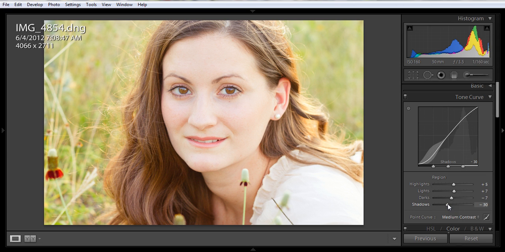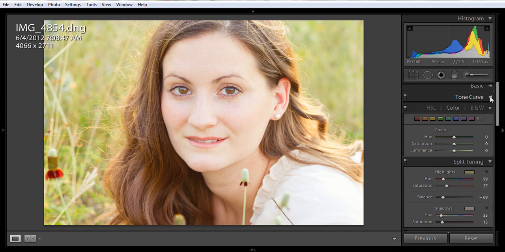And I think that's a little much. About there. So I'm happy with the way she looks. Again, I'm just paying attention to her face, her hair, all the details on her, not so much the background up to this point. So the final touches for my Lightroom edit are to come to this color area and